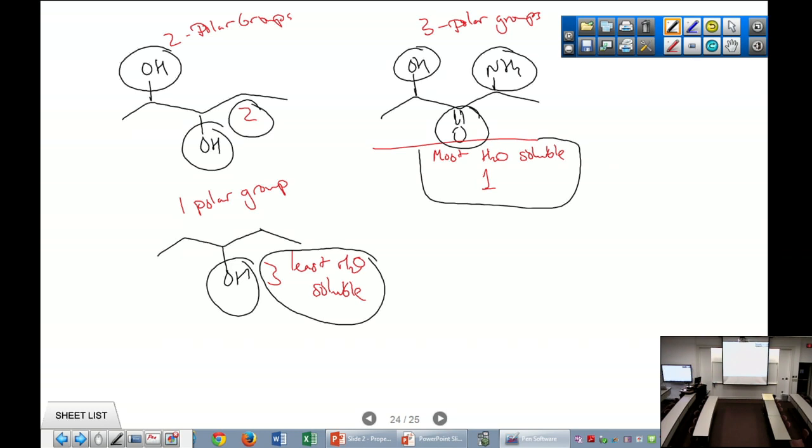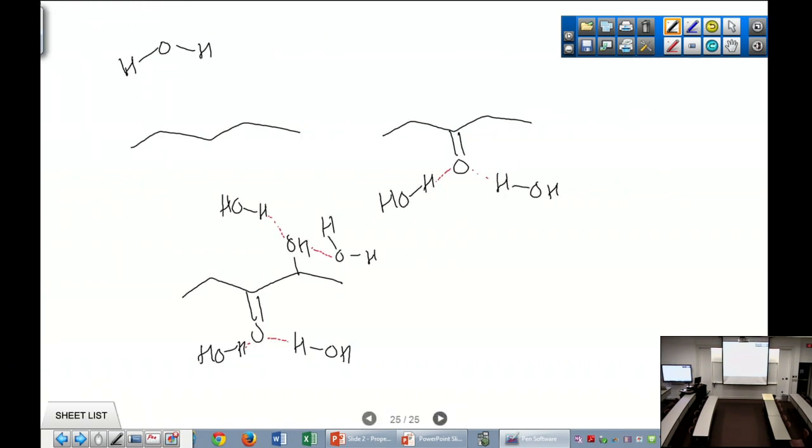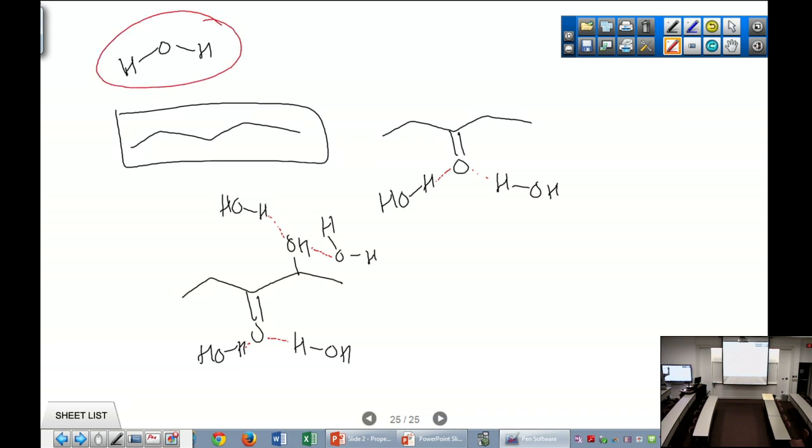And that's because when you have a polar functional group, it gives the water something to interact with. Right? So if you have a hydrocarbon, right? Hydrocarbon here, I'll give you one. There's nothing for the water to interact with. The water wants a hydrogen bond, it wants to interact with a dipole. There is nothing for the water to interact with. So the water's like, it's not you, it's me. I just don't feel anything. I just don't want to hang.